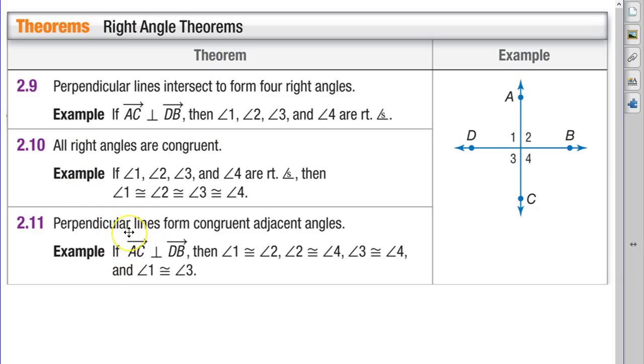And then this is the weird one. It kind of pops up in random places here or there. It's almost one of those that's hopefully kind of obvious. It's perpendicular lines form congruent adjacent angles. What that means is if they're perpendicular, 1 is congruent to 2, 2 is congruent to 4, 4 is congruent to 3, and 1 is congruent to 3. And again, hopefully that makes obvious sense because they're all 90 degrees and all right